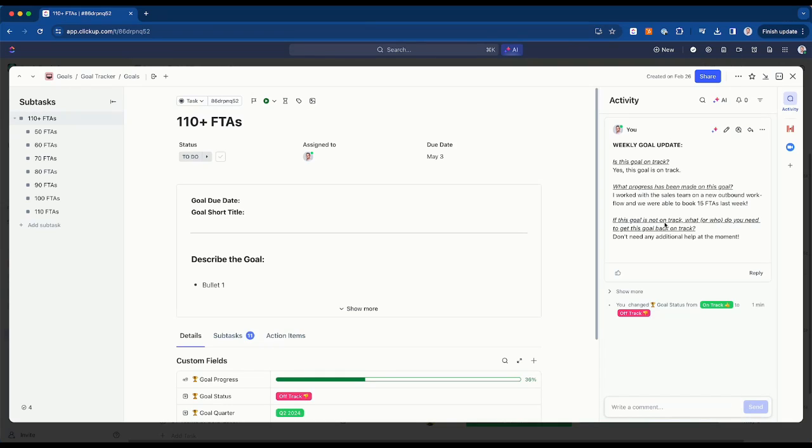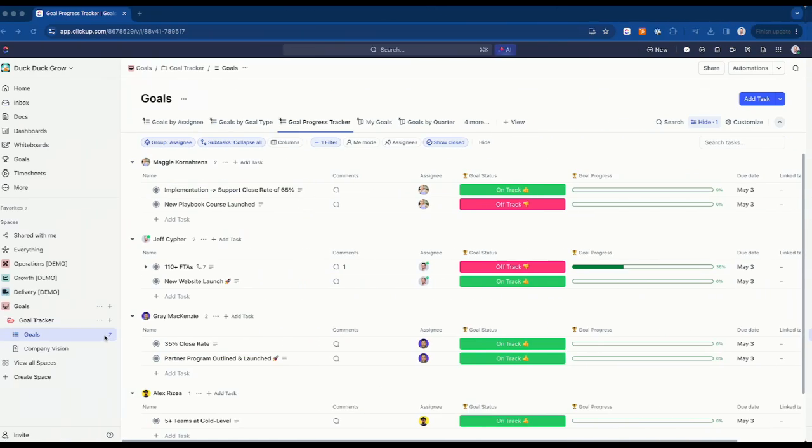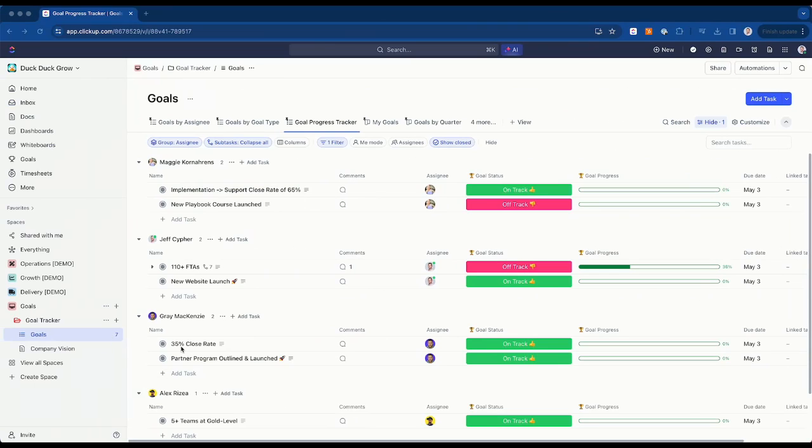If they are falling behind, do they need to call someone out? Do they need to bring someone in to get some extra help? Just make sure you have a process just like that. So then another beauty of tracking goals inside of tasks in ClickUp is, if I want to,